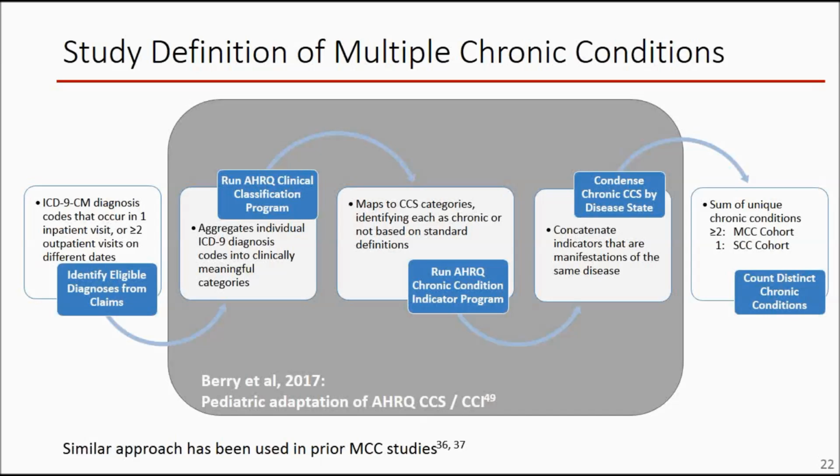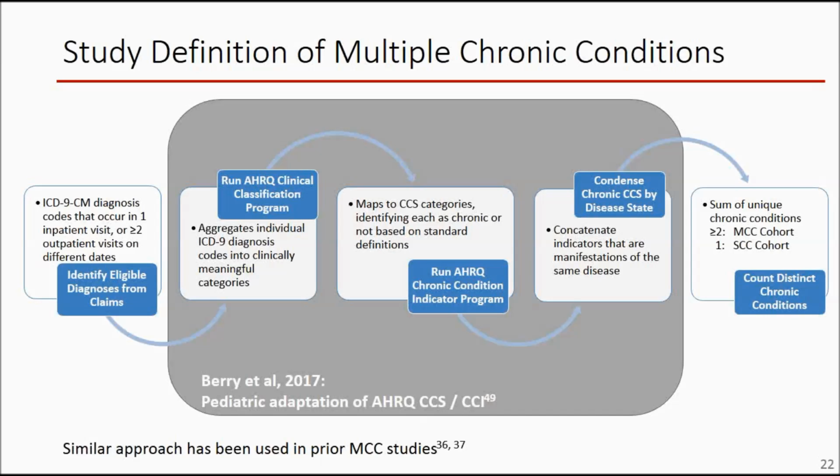Now, as far as the definition of multiple chronic conditions, I do want to take a minute to walk through this because I think it's important to understand how they're being flagged for entry and how chronic illness is being defined. So first, we looked at their ICD-9 codes, 2 outpatient, 1 inpatient over that 2-year baseline period, and pulled all of their ICD-9 codes out. Then there's a set of classification algorithms that AHRQ publishes, the clinical classification software, which takes ICD-9 codes and groups them into clinical conditions or syndromes. It's probably not the right word, but it groups the ICD-9s together.